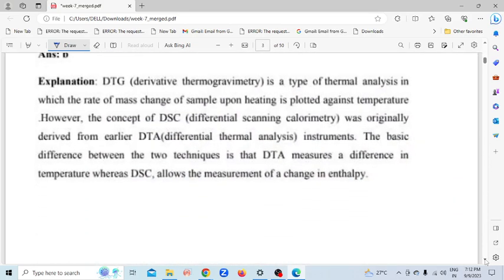Okay, so it is written here, DTG, differential thermogravimetry, is a type of thermal analysis in which the rate of mass change of a sample upon heating is plotted against temperature. So the rate of mass change will be plotted against temperature. However, the concept of DSC,